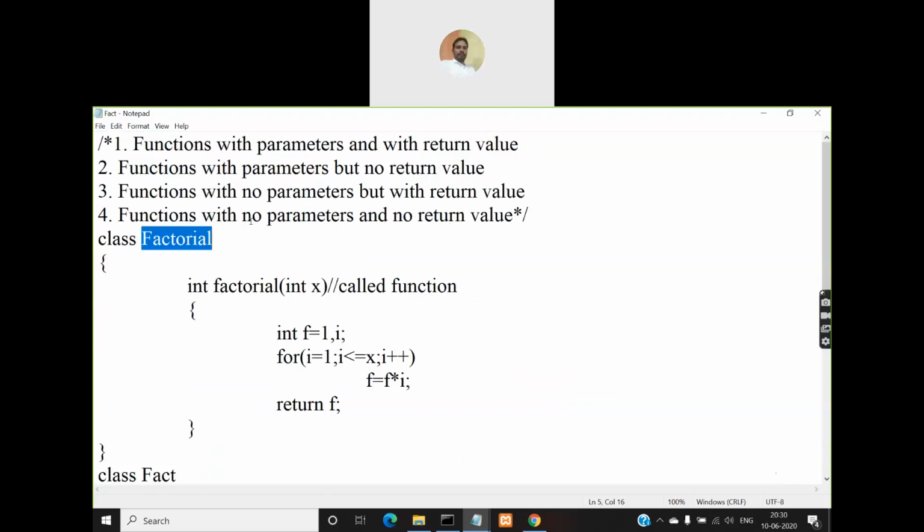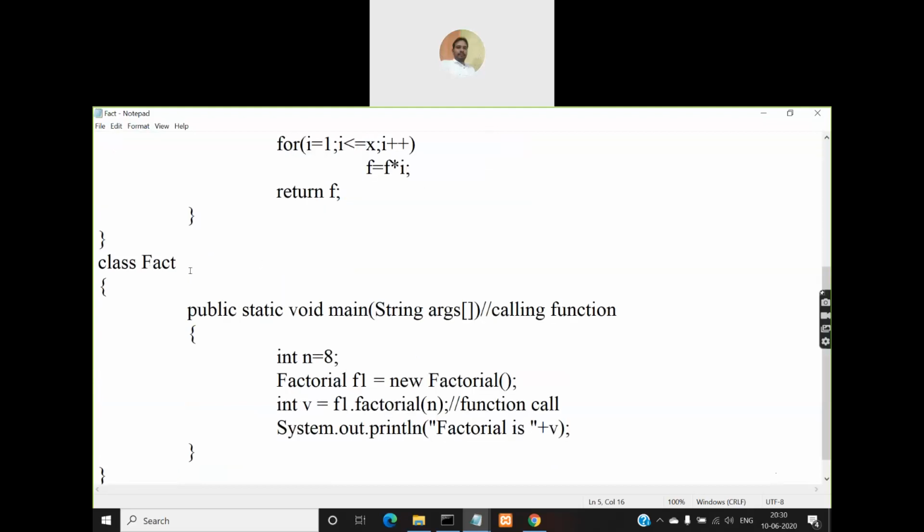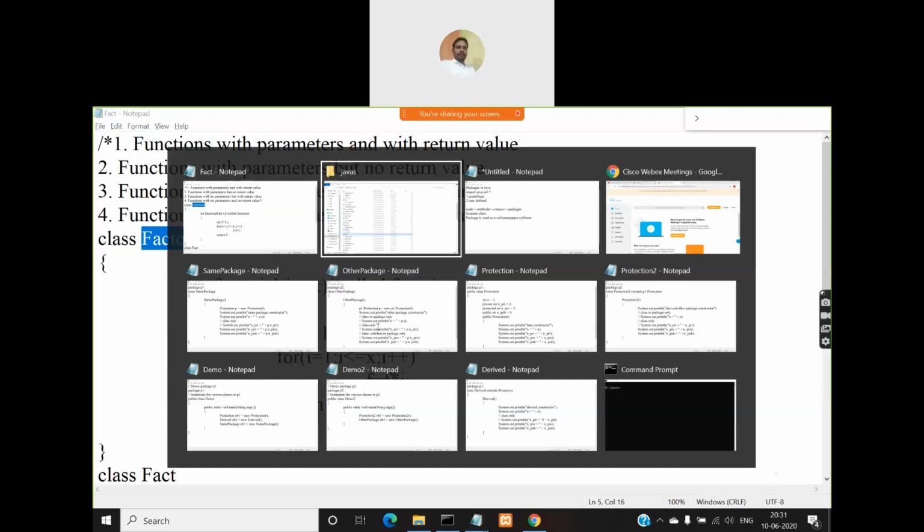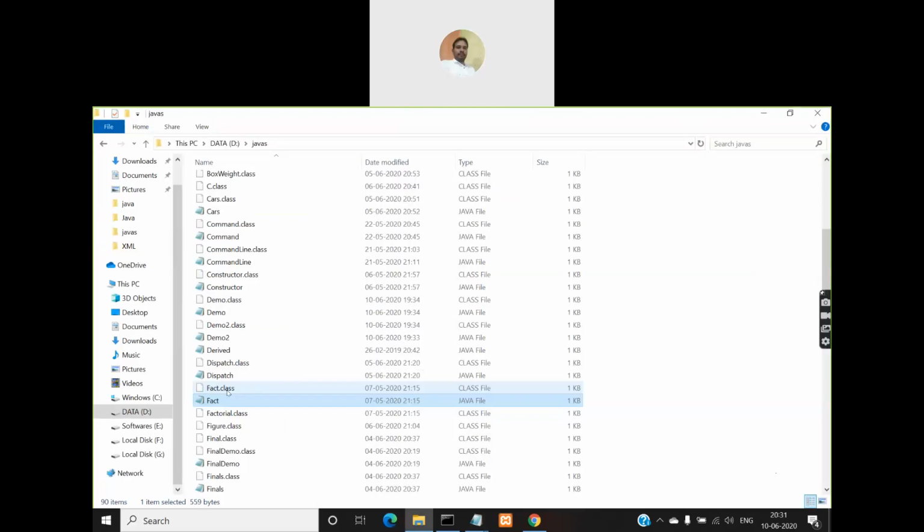So in my program I defined two classes, one is factorial, the other one is fact. So a .class file will be generated for each of these classes. One is for fact, so you'll get a fact.class file, and for this class factorial you'll also get a factorial.class file. That's the reason you are able to see one class file is fact.class here, the other one is factorial.class.